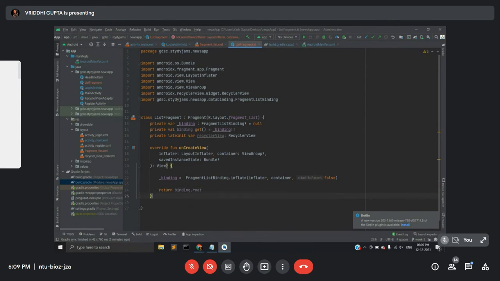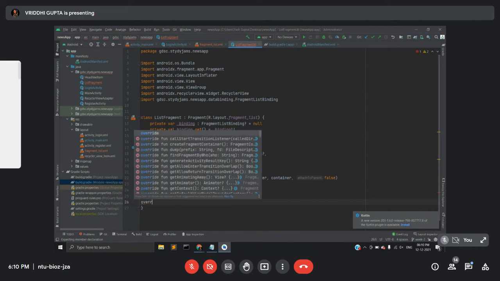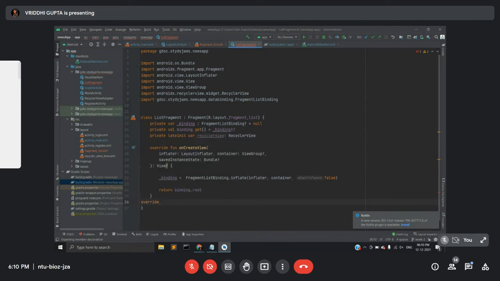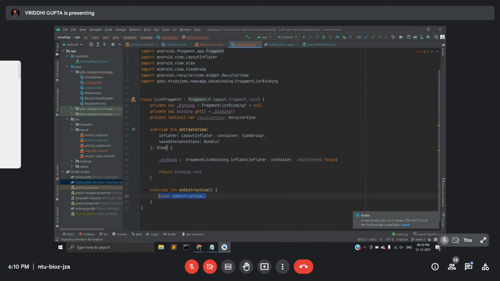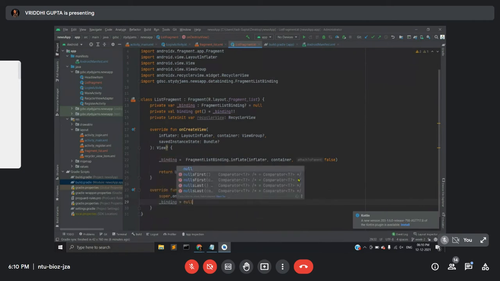Okay, so next thing that we will be doing is creating an on destroy view over here. Override fun on destroy view, and set binding equals to null.